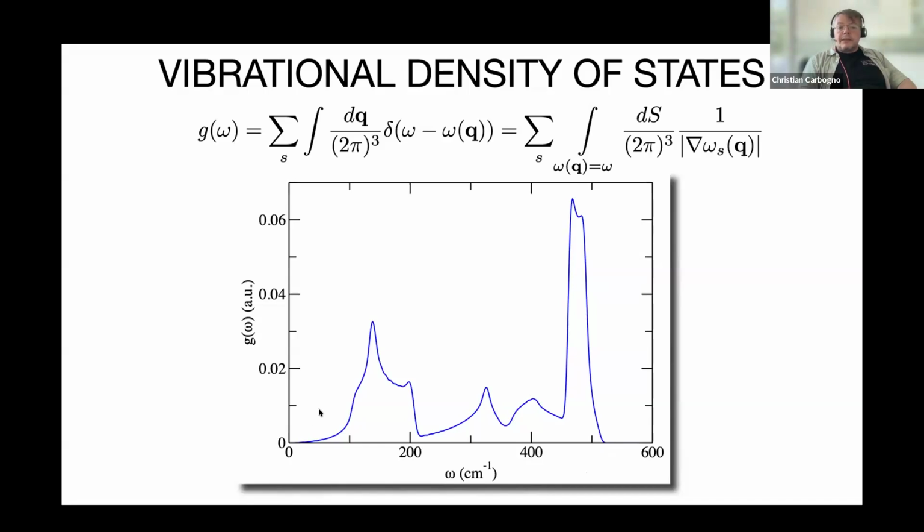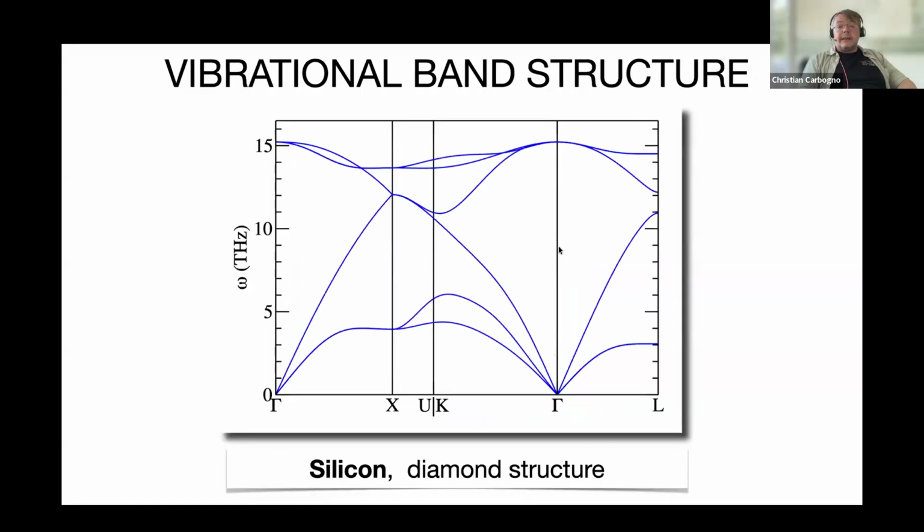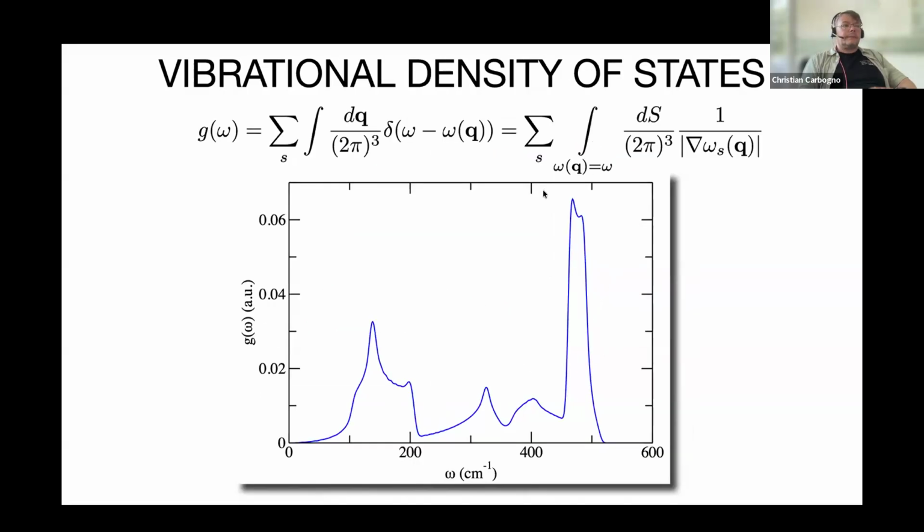So if you compare it or think about the band structure before, here we have this acoustic region with this typical increase where we have very few frequencies around zero, and then we start getting some modes. And typically where we see some peaks, that is exactly where we have a strong presence of optical modes, because this is exactly where we have a flat dispersion. So for instance, think about here where we have something at around 500 centimeters. If we go back, this is exactly these modes here, where you see a strong peak in the density of states. Good.